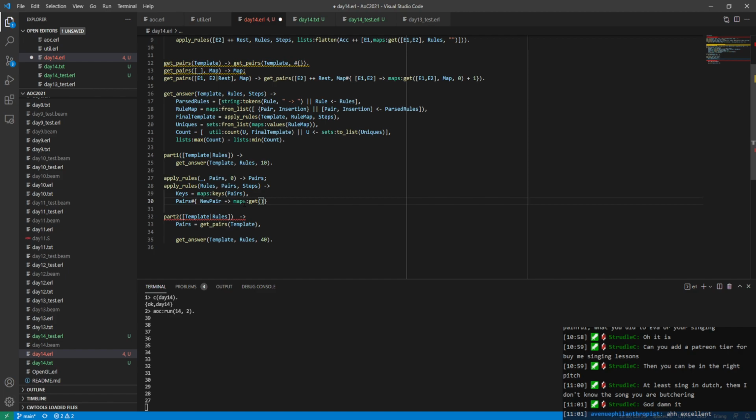Then we want to get any value we have for new pair in our pairs, and if it's not in there, we do 0 plus 1. And like new pairs equals